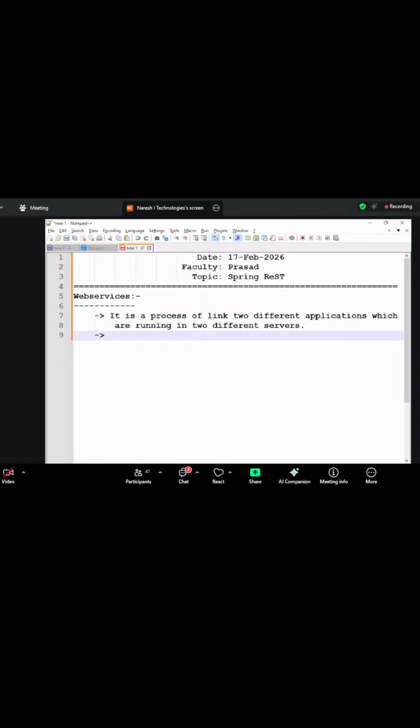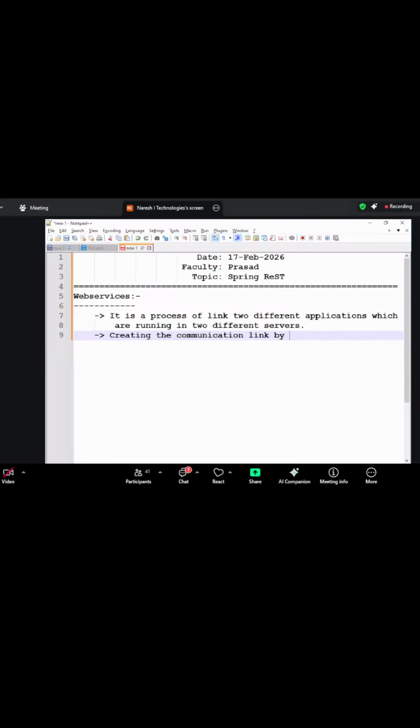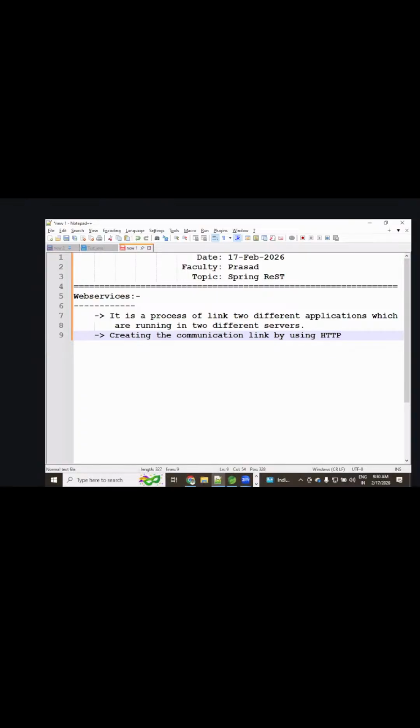If you want to create the communication, it is linked by using the HTTP protocol.